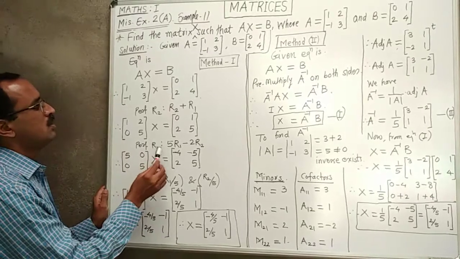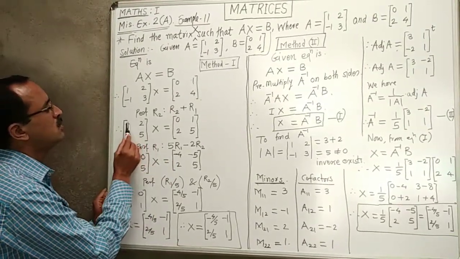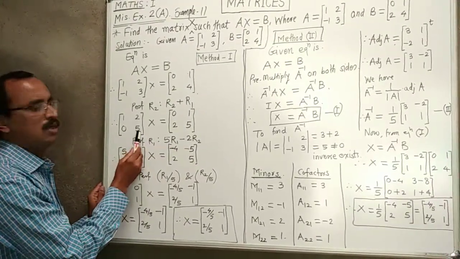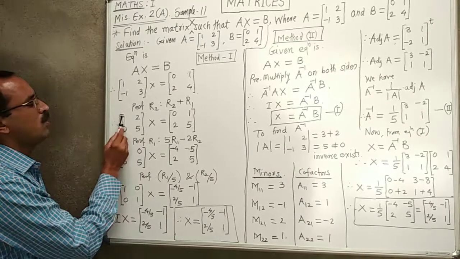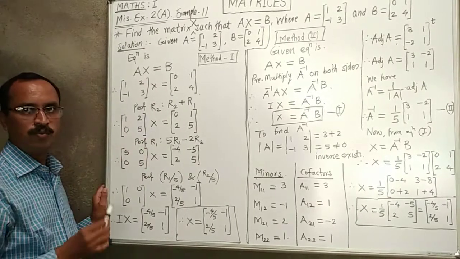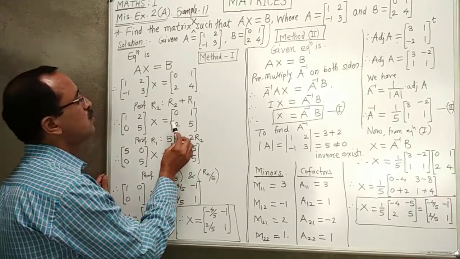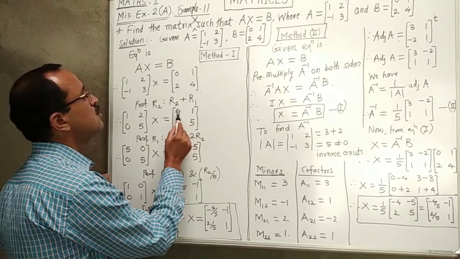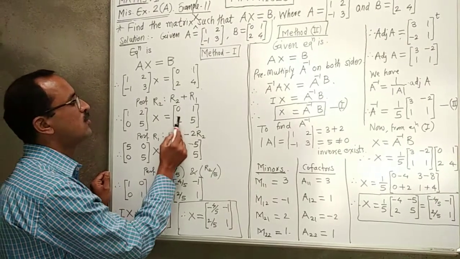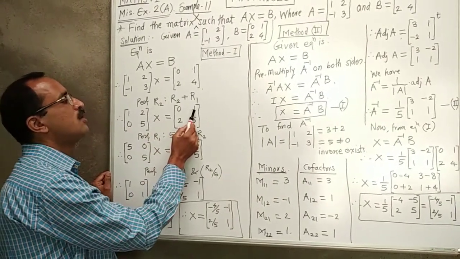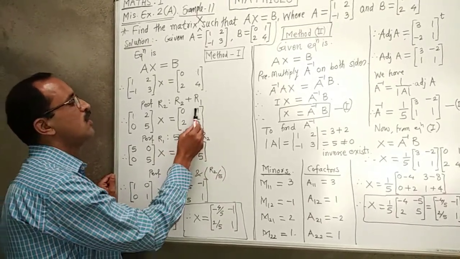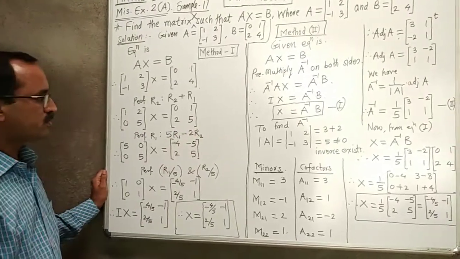Now change R1. We multiply R1 by 5, means here 5 and here 10, and then R2 by 2. So here 0 and here 10. So here 1 into 5, 5. 5 minus 0, 5. Here 10 minus 10, it is 0. In the right hand side also we multiply this R1 by 5. So here 0 multiplied by 5, 0. It is 2 multiplied by 2, means it is 4. 0 minus 4, minus 4. And this 1 multiplied by 5 means 5, and this 5 multiplied by 2, so here 10. 5 minus 10, that is minus 5.